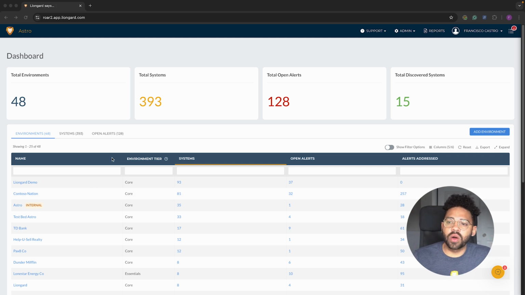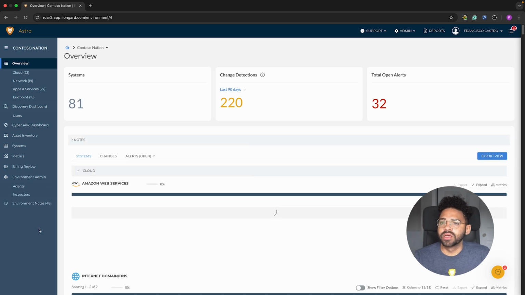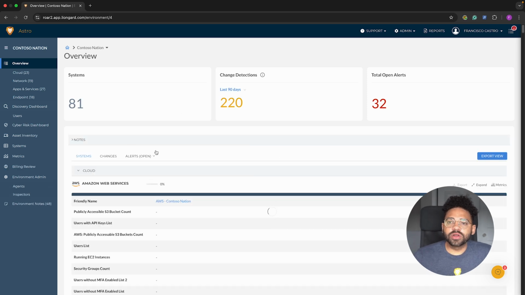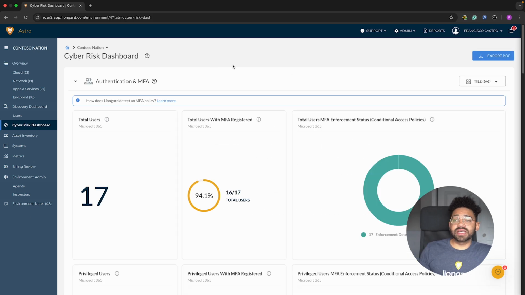Follow me to our demo environment. Pick an environment of your choosing on your own instance. And I'm going to pick Contoso Nation here. And over on the left-hand side, I am going to click on Cyber Risk Dashboard. And this leads us into a dashboard report giving you an overview of the cyber risk posture of your particular